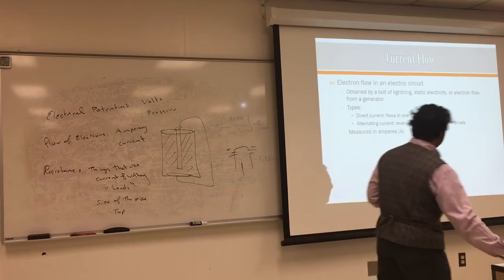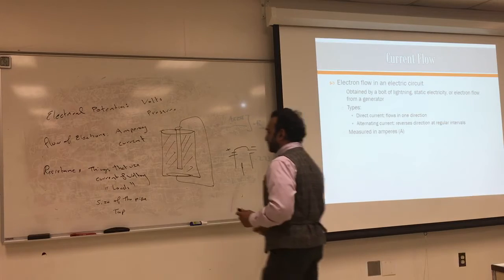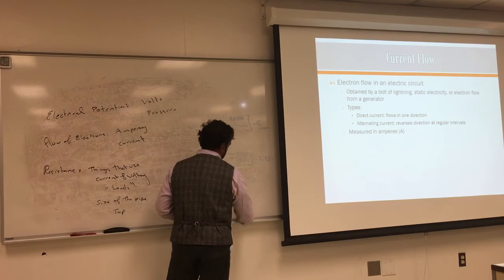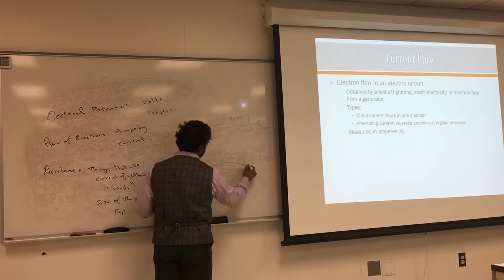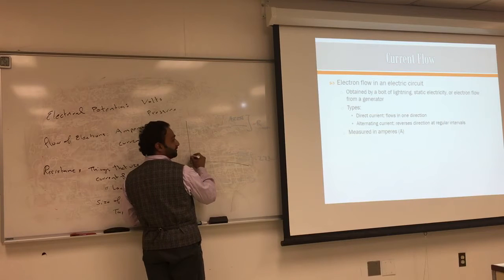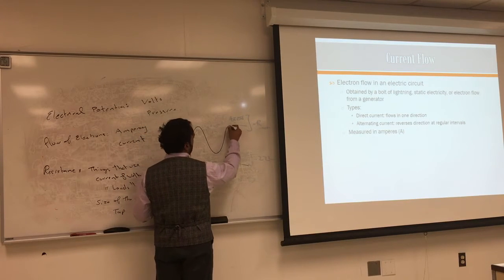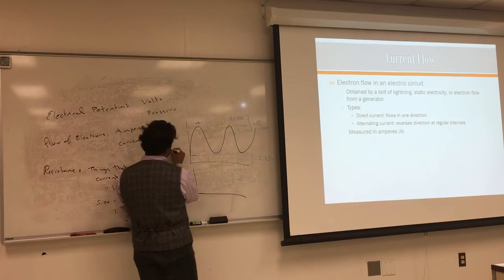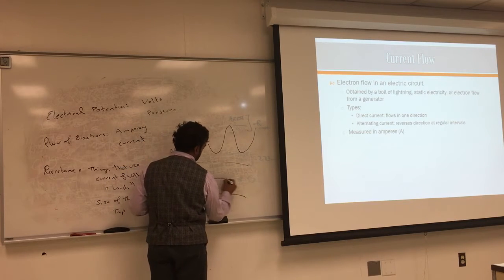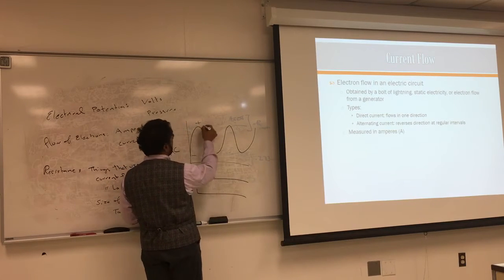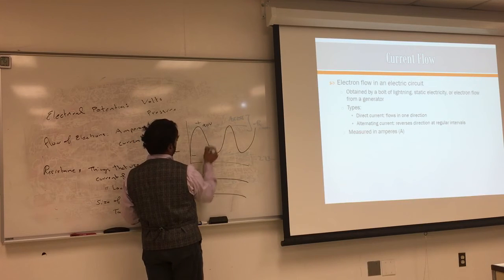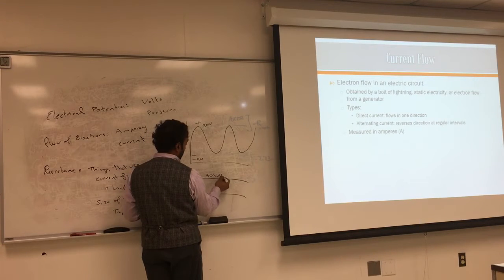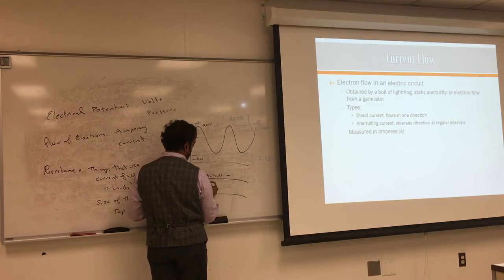Direct current and AC. Again, this is just an introduction, but we'll talk about that in many ways. For alternating current, the flow of amperage goes up and down, plus and minus. That's AC, and that is DC. It's always the same. So AC is going to go between up and down, 90 volts for example, or minus 90 volts. DC will give you 90 volts all the time, either positive or negative.